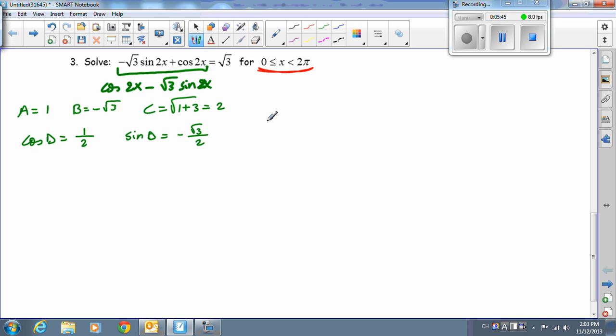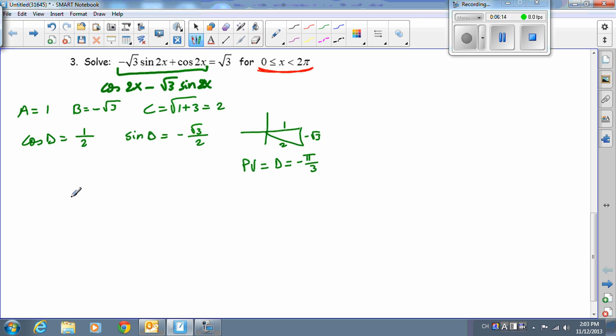From here, I can tell that my triangle is in the fourth quadrant based on this negative, where this is negative square root of 3, 2, and 1. Therefore, my principal value here, which is the value of d, is equal to negative pi over 3. Once I get that negative pi over 3 is my principal value,